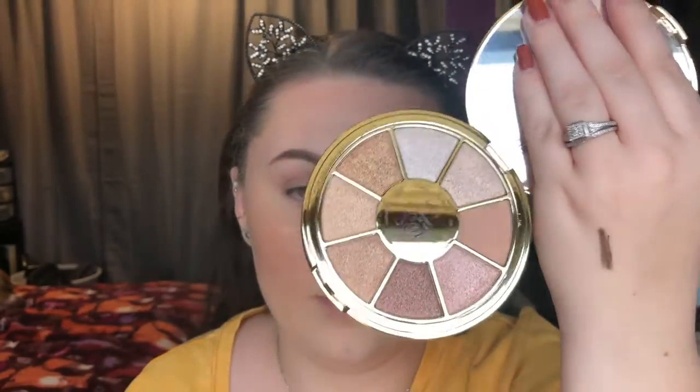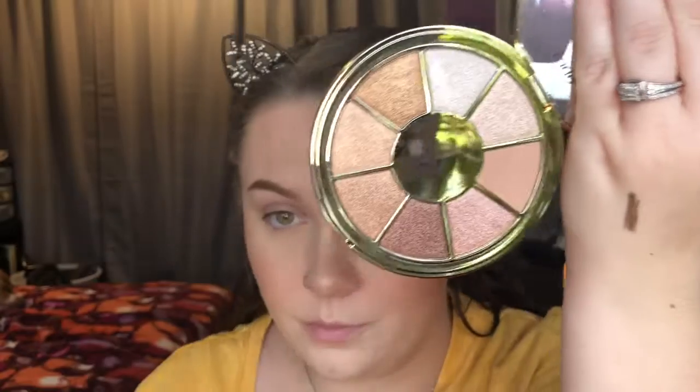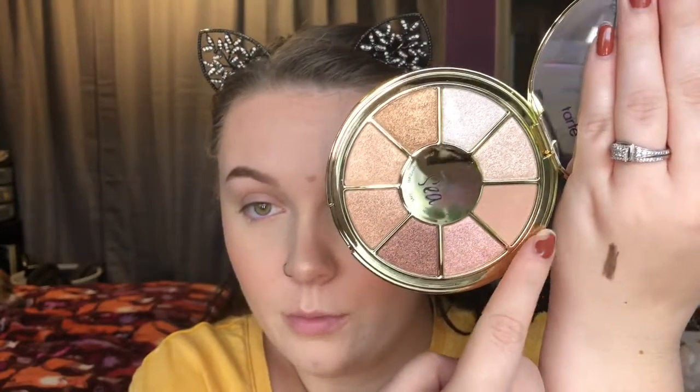So, this is what the outside packaging looks like. It's almost like fish, like mermaid scales, or kind of reminds me of peacock feathers. It's super pretty. This is what the inside of the palette looks like. There we go. The packaging is really reflective. It's pretty much all shimmers. There's only one matte, which is this one. And I know a lot of people were complaining about that. I think it's a beautiful palette, and I feel like you could use this for a super glowy, bronzy,